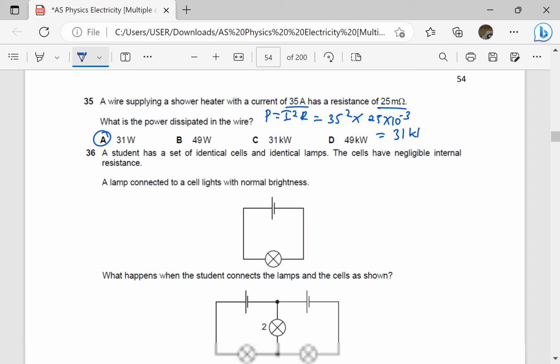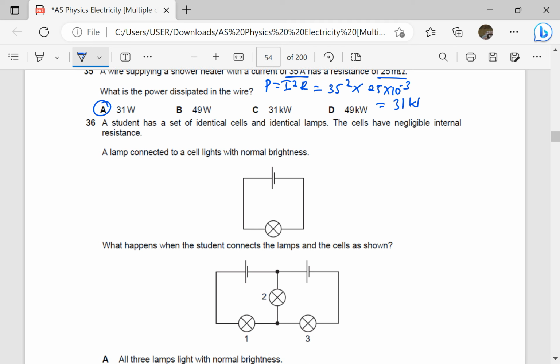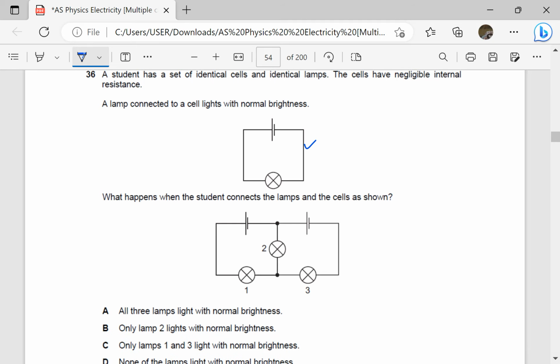The student has a set of identical cells and identical lamps. The cells have negligible internal resistance. A lamp connected to a cell lights with normal brightness. So this one is normal brightness. What happens when the student connects the lamps and the cells as shown? So here maybe we can use Kirchhoff's laws. Let's say they have the same resistance,